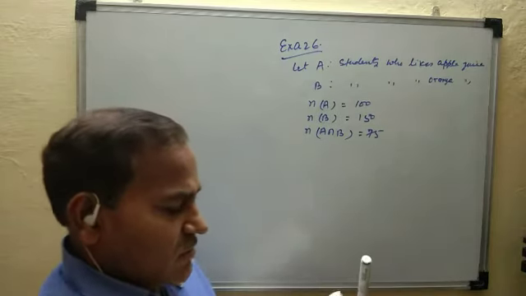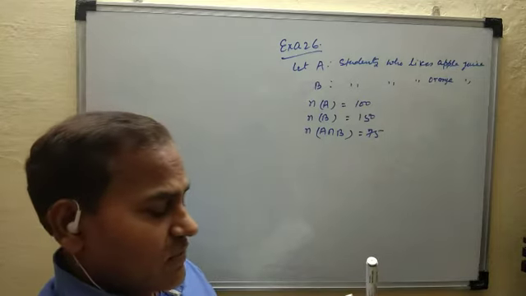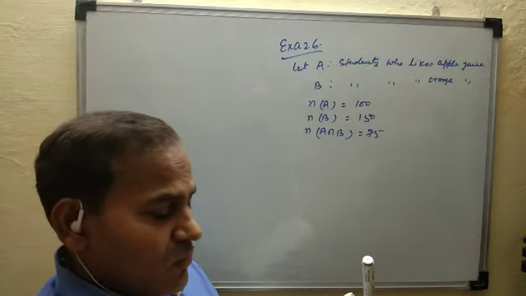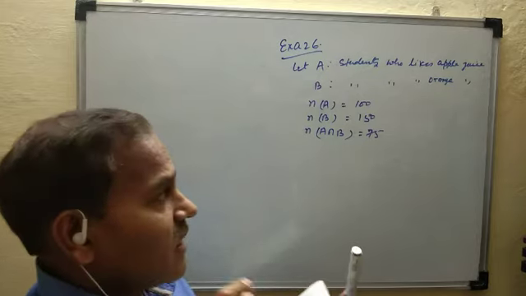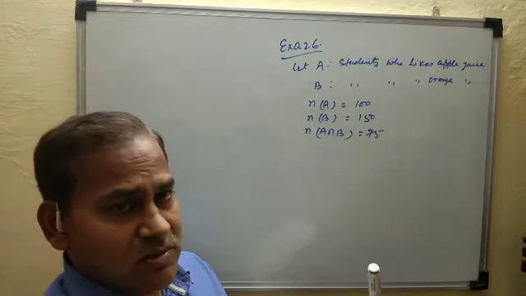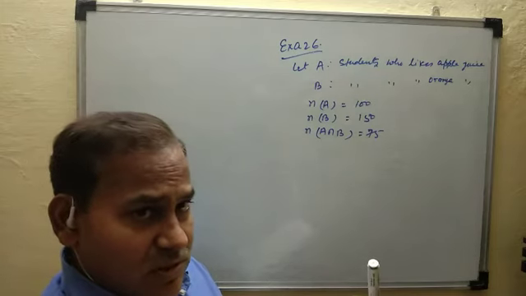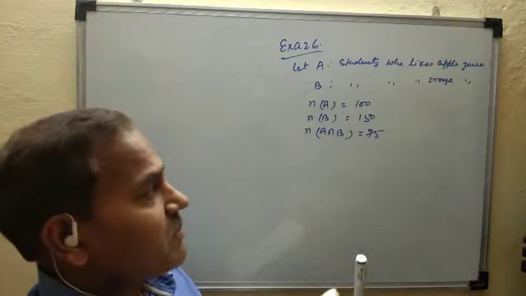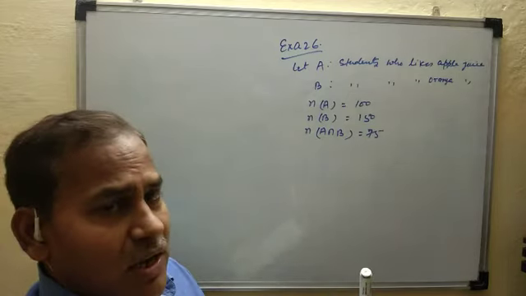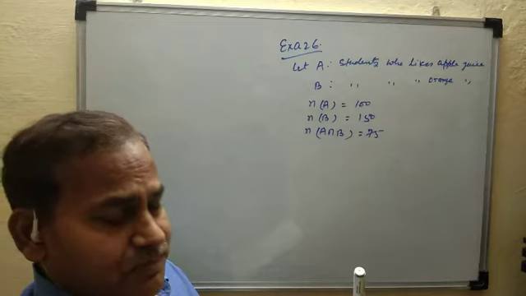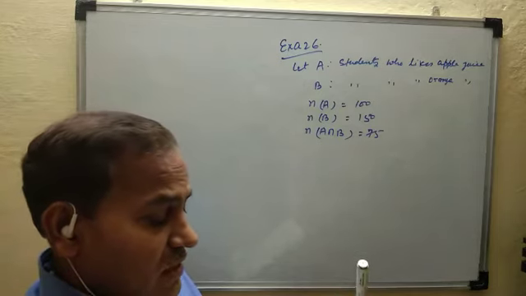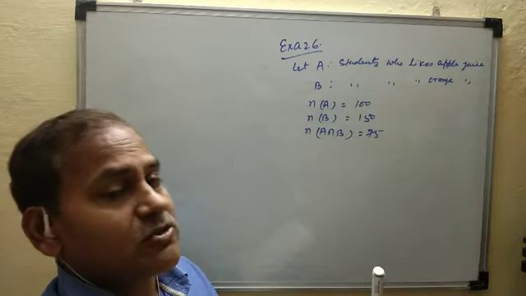Now the question is what is the value of 400? In a survey of 400 students, it is not necessary that all 400 students like apple juice or orange juice; some of those students like neither. Also, we are asked to find how many students were taking neither apple juice nor orange juice.